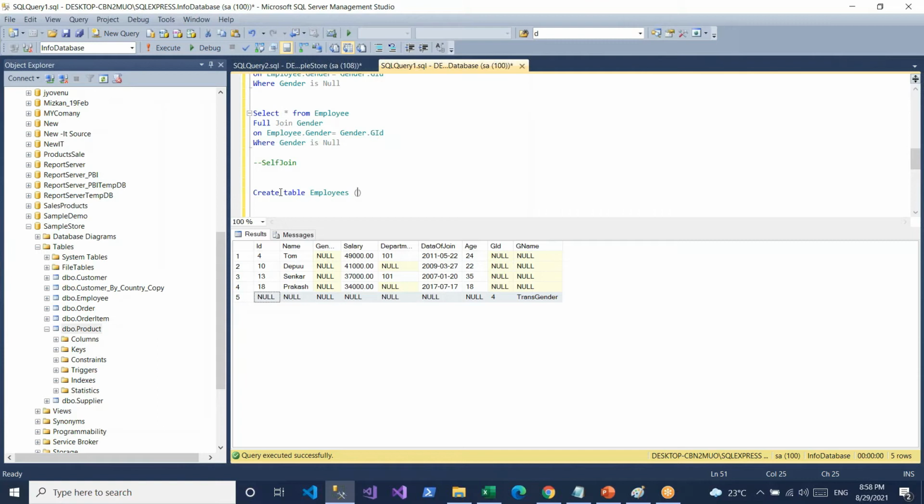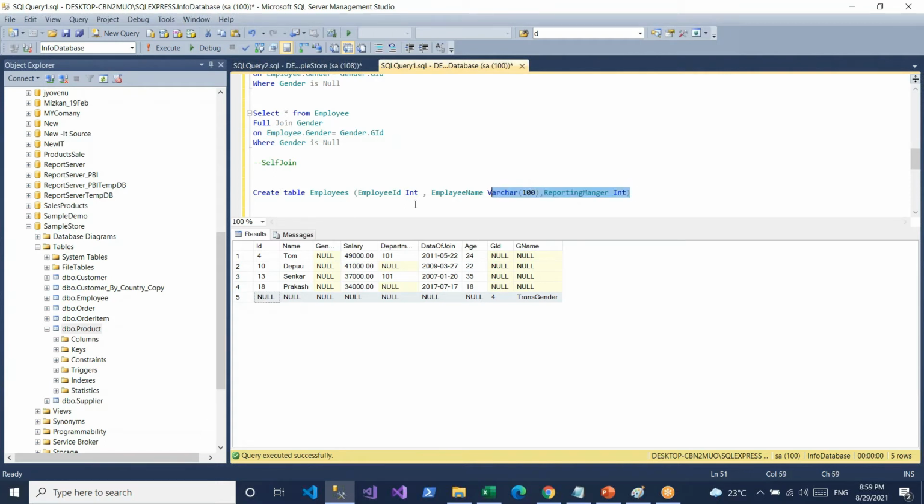In this employees table, I am taking 3 columns: employee ID, employee name, varchar, and next, employee reporting manager, integer.